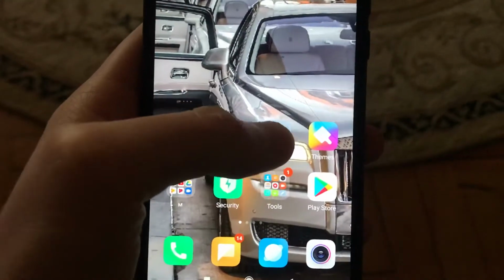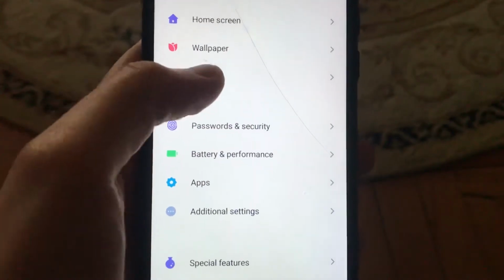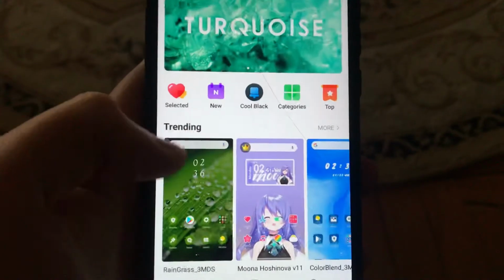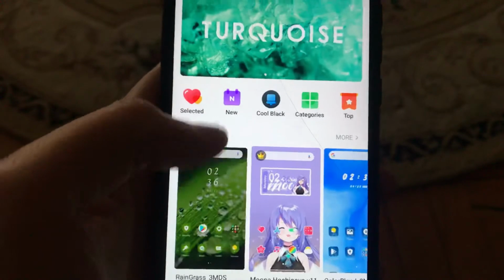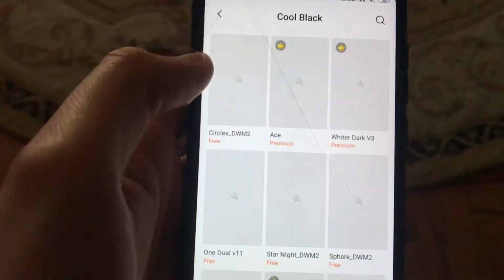So for doing this you just need to open settings, and in settings you will find here themes. So just open it, and here you will find different categories. So just click on categories, and here you can also choose